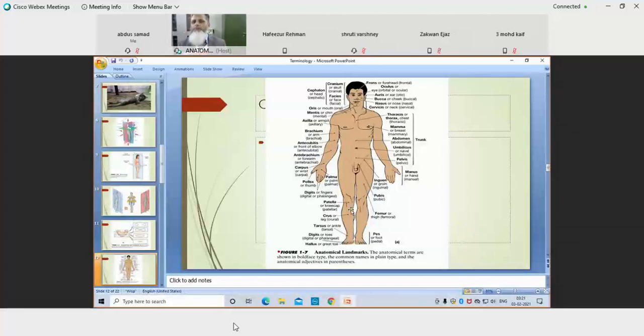Posterior. Now, in this case, if I am putting all my fingers like this, you can see my fingers. With respect to this, in the front comes my thumb, then index finger, ring finger, and the little finger. The little finger will be anterior and thumb will become posterior. If I change the reference point to the middle finger, then with respect to the middle finger, ring finger will be anterior and index finger will be posterior. Any confusion? Thank you, sir.